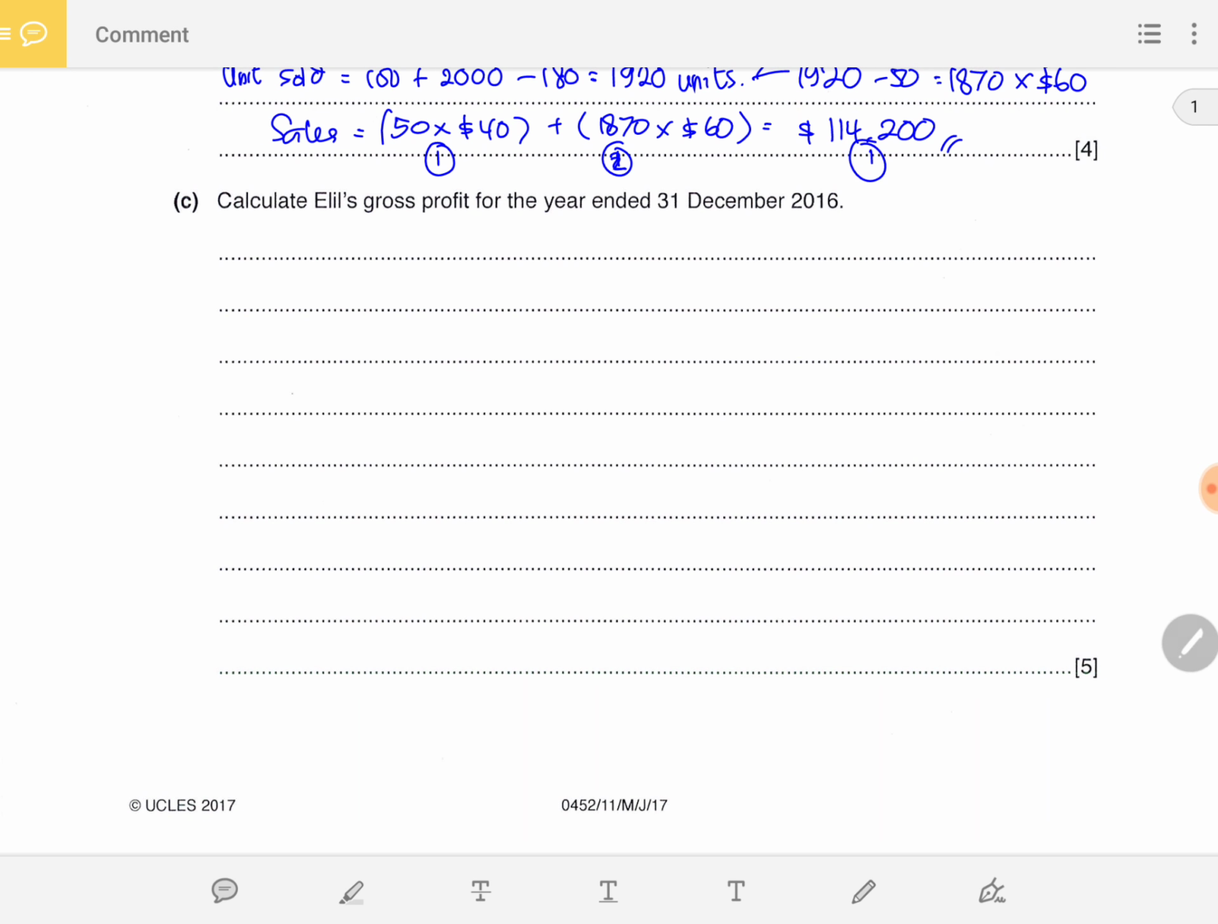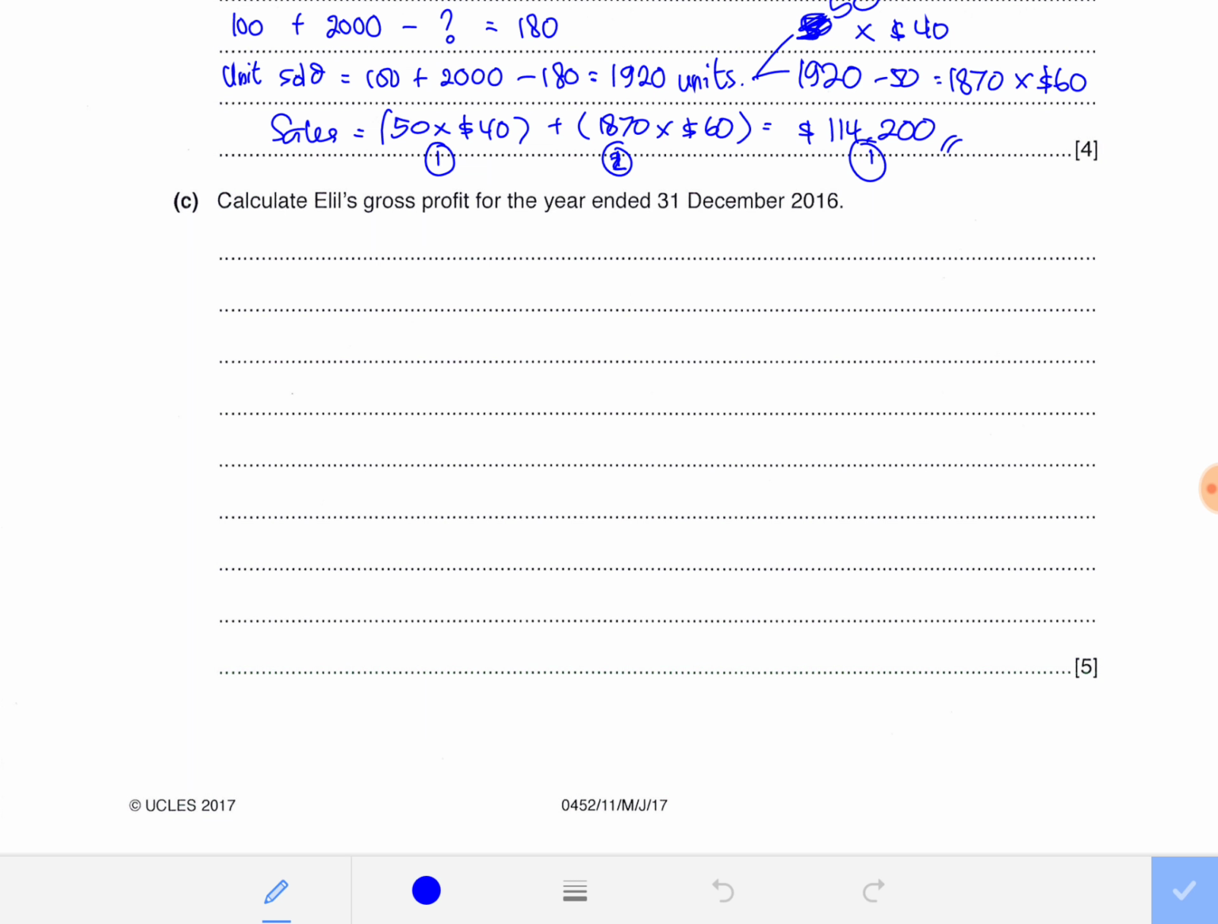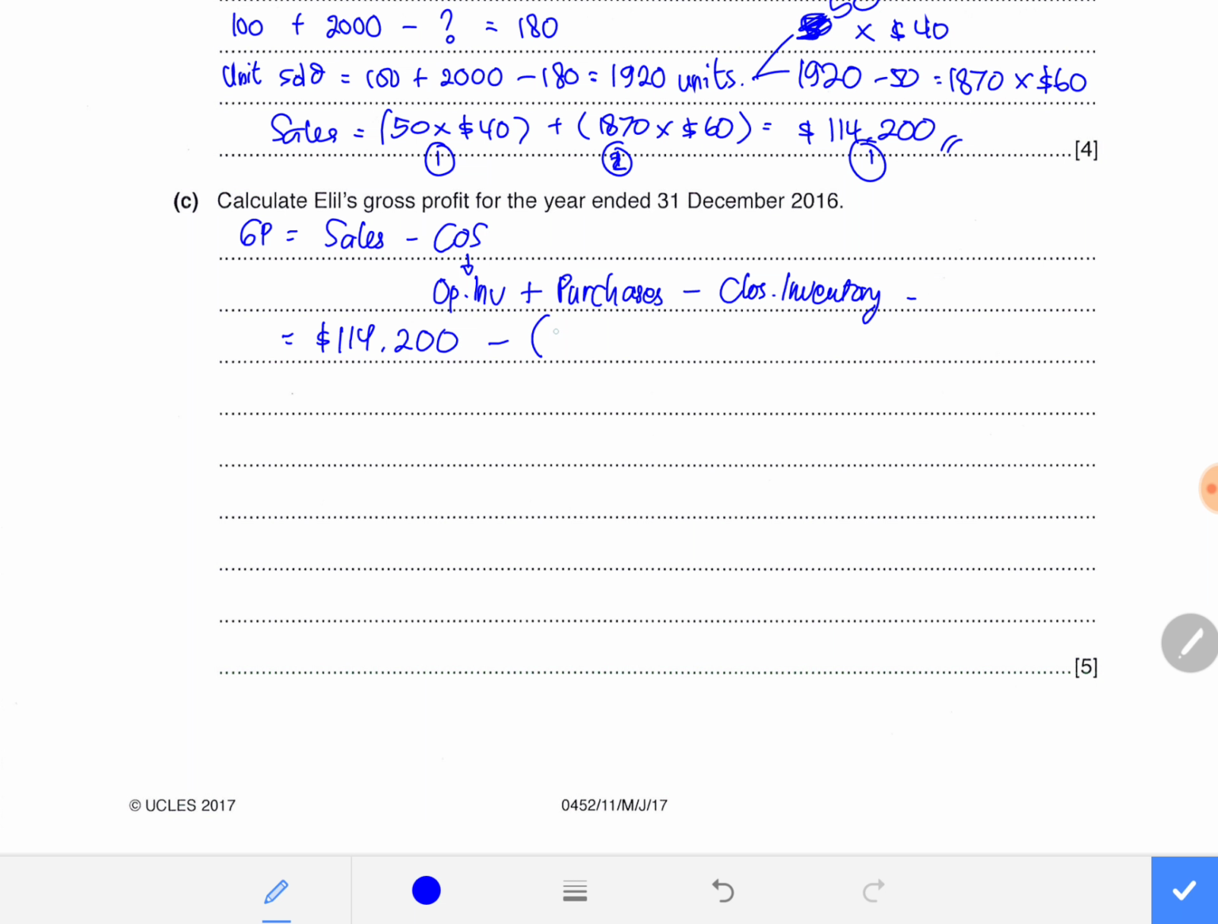Next, calculate Elil's gross profit for the year ended 31st of December 2016. Remember the formula to find gross profit: sales minus cost of sales. Now, we know that cost of sales is opening inventory plus purchases minus closing inventory. So you already have your sales from the previous answer, 114,200, minus